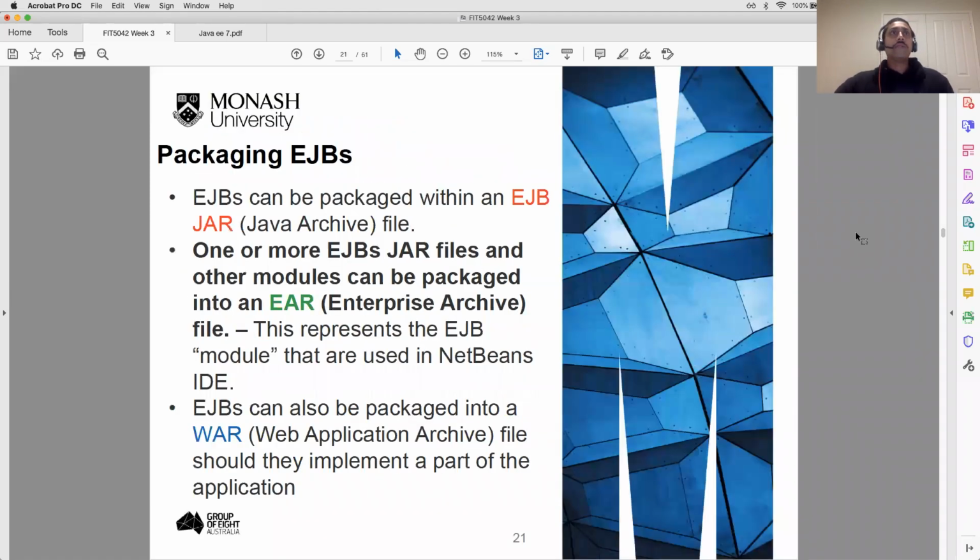So EJBs are packaged within an EJB JAR, Java archive. One or more EJB JARs and other modules can be packed into an enterprise archive. And an EJB can also be packed into a WAR. So one question, actually, one of you had asked